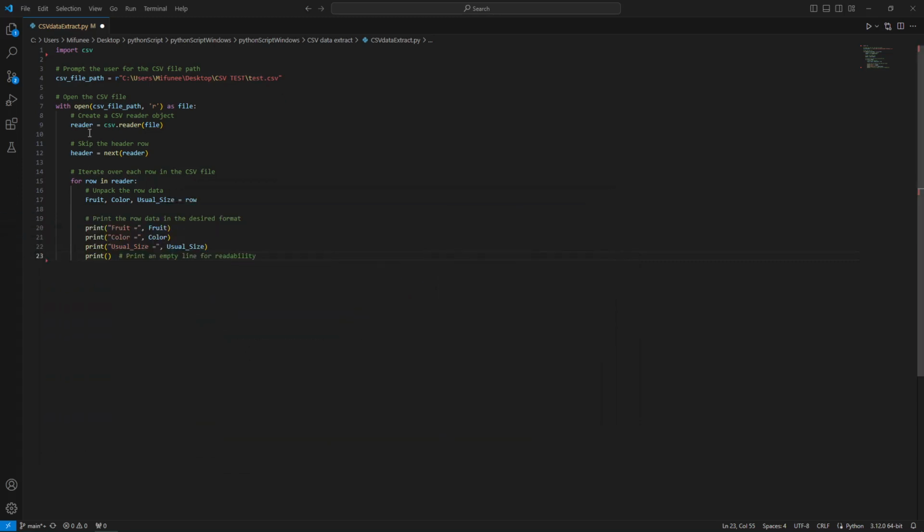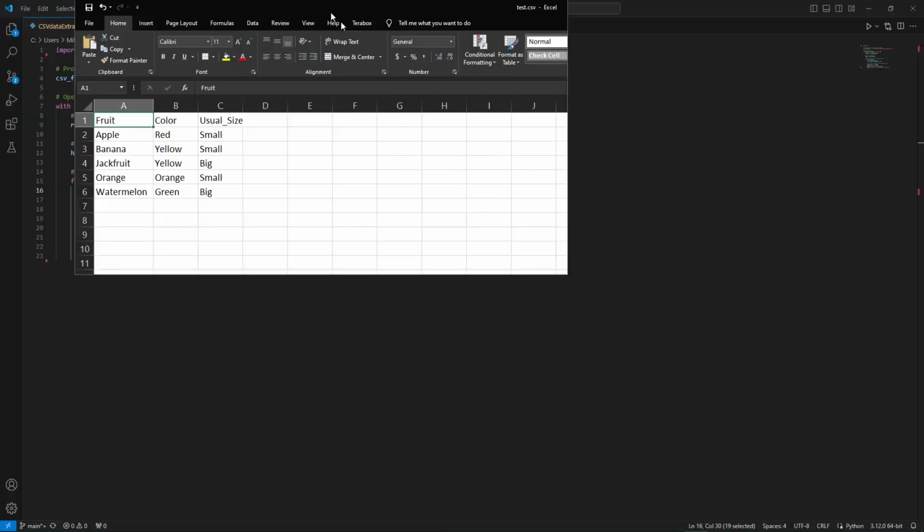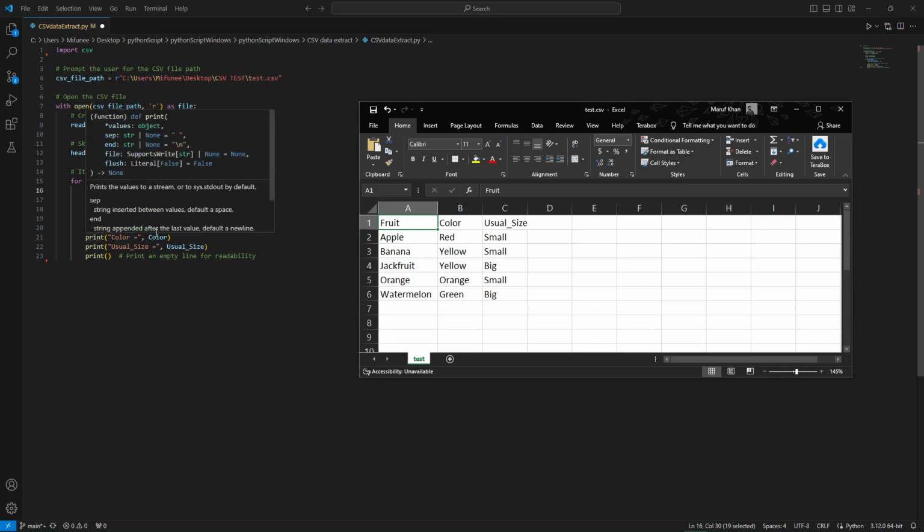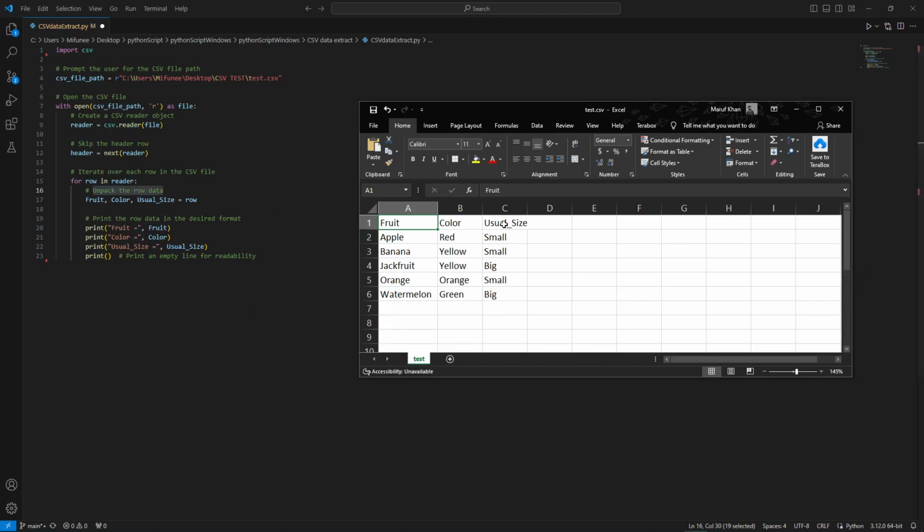Okay, so this is the header. One important thing here is to unpack the raw data. So we have to unpack the raw data. Here we need the header as fruit, color, and usual size. Everything related to fruit will be apple, color will be red, usual size will be small. So this is the row. And we are printing fruit equals fruit, color equals color, and usual size equals usual size, meaning these values, right? And if I run the script,